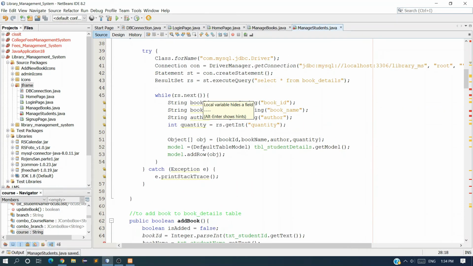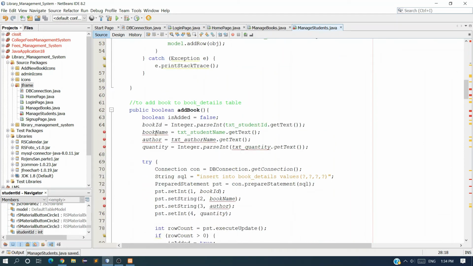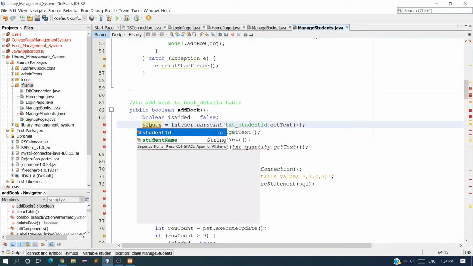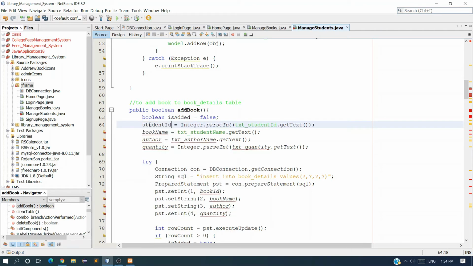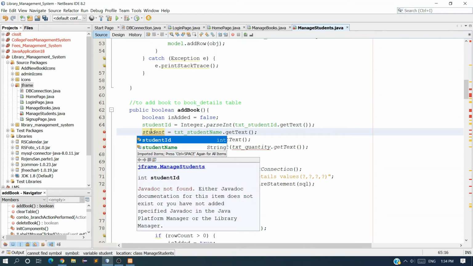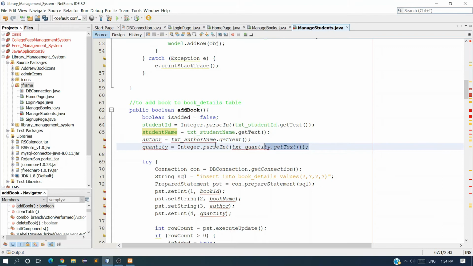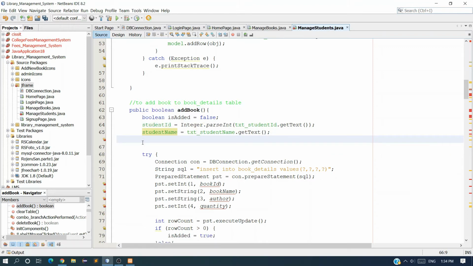Now come down, here you can see we are getting this error. So instead of book name we have to enter student ID, and we are getting student ID data, and we are getting data from student name. So name it as student name, and remove these two fields because we don't have author and quantity.